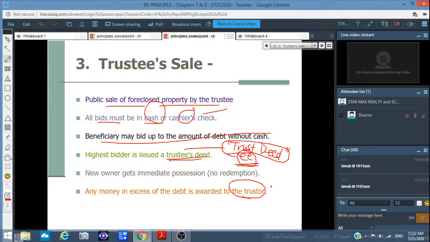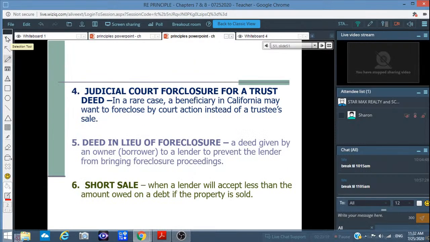，OK，多了出来就给屋主，以前的屋主，这是借款者，OK。Alright, judicial court foreclosure for trustee, very rare case, OK，很少用法庭来拍卖一个房子的，在加州，OK，大部分都是做这个 trustee sale。Okay, in lieu of foreclosure, a deed given by the owner to a lender to prevent the lender from bringing foreclosure proceeding. Okay. 屋主，OK，宣布给银行，OK，你不用拍卖我了，OK，我给你钥匙，给你一个产权证，就不拍卖我的房子，我给你这个产权了，OK，